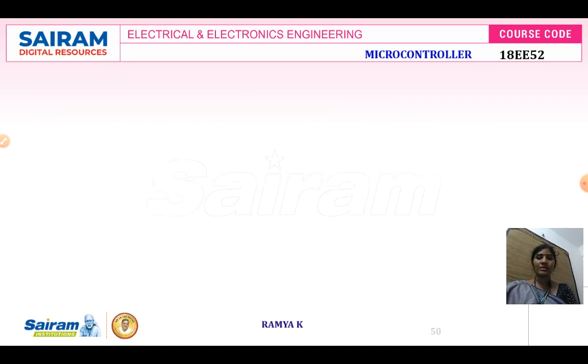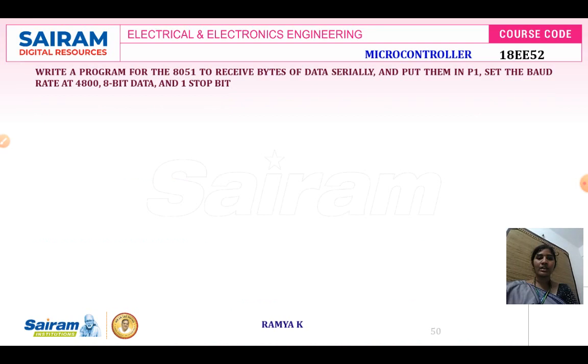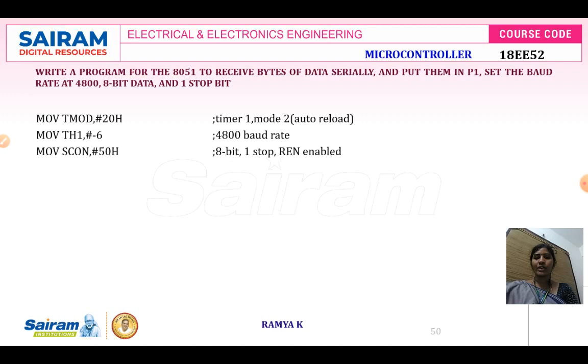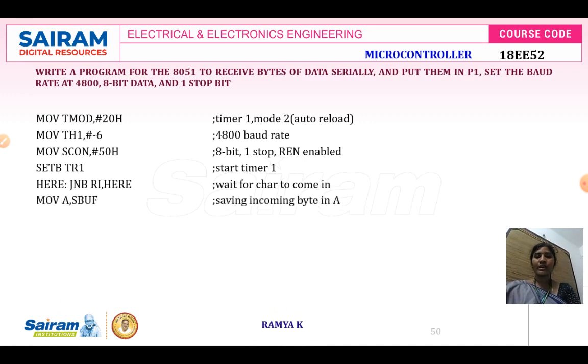So these are all the steps that we have seen over here. Next, we can receive the data with a baud rate of 4800. With the baud rate of 4800, we have already seen this particular program, and I'll show this program when running.